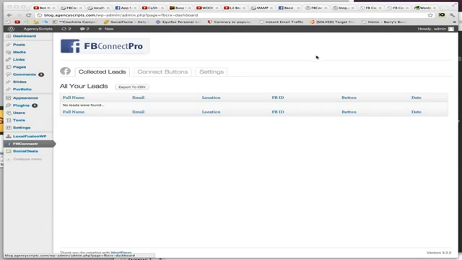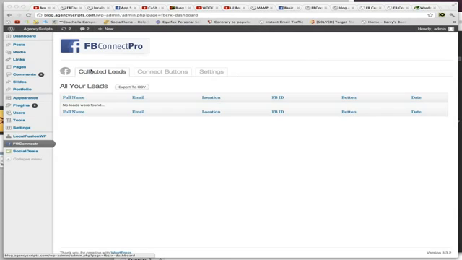Now, it's a very simple plugin. It does that one thing only. It creates buttons and collects leads. This allows you to create as many buttons as you want, but be flexible in how you use this plugin, because you can copy and paste that button and put it anywhere you want. So you can put it on an opt-in page and then have them basically choose between which button